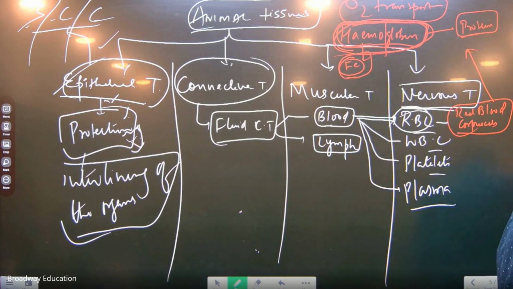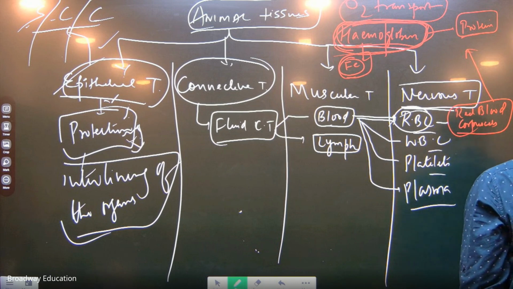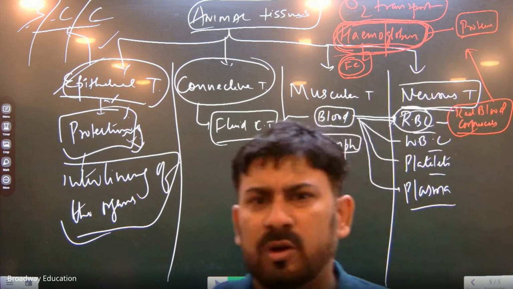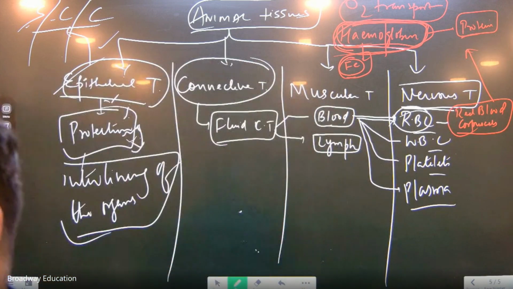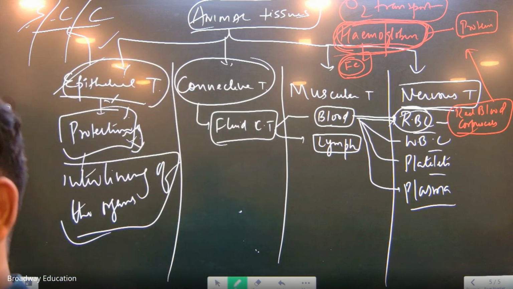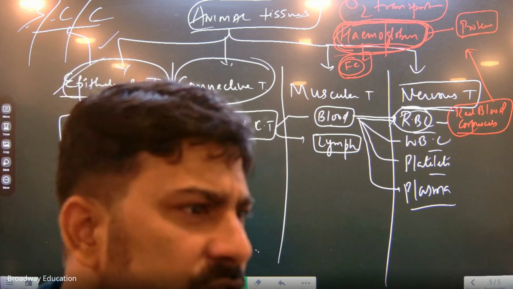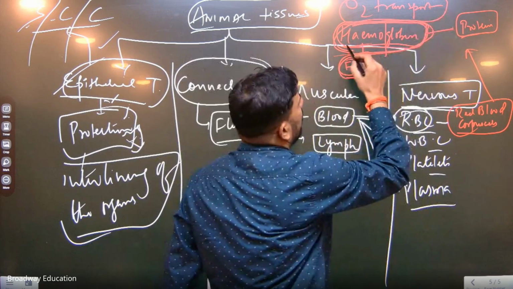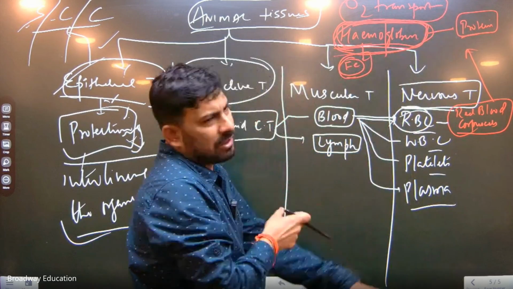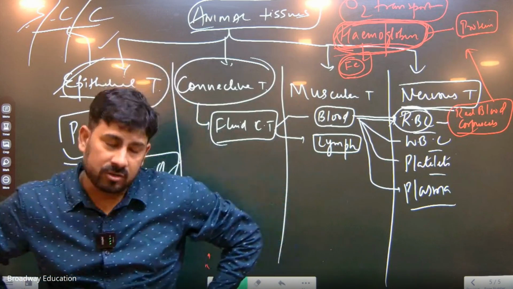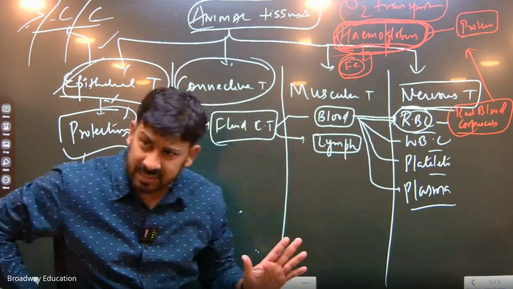So the blood has a pigment called hemoglobin. Is this part clear? Blood has a pigment called hemoglobin. And what is hemoglobin? Hemoglobin is heme plus globulin. Globulin. So heme is iron and globulin is protein. This is clear, everyone? Yes, no? Now, after this, if I talk about the main function of hemoglobin, what is the main function of hemoglobin? Transport of oxygen. Only transport of oxygen. Is it the only function?